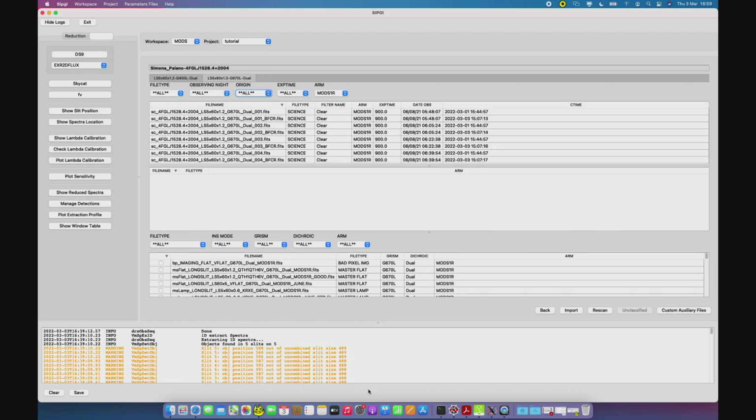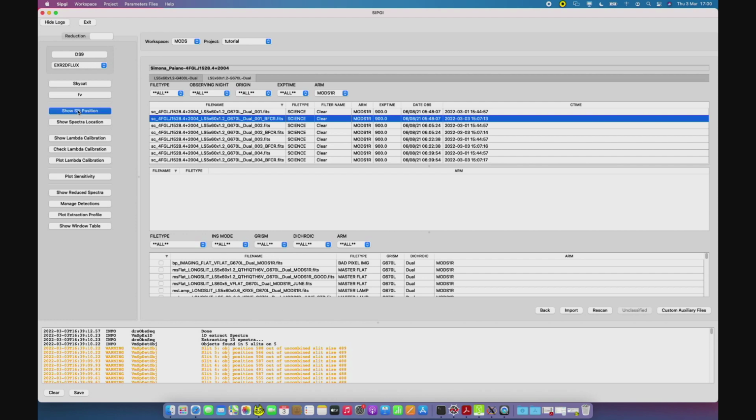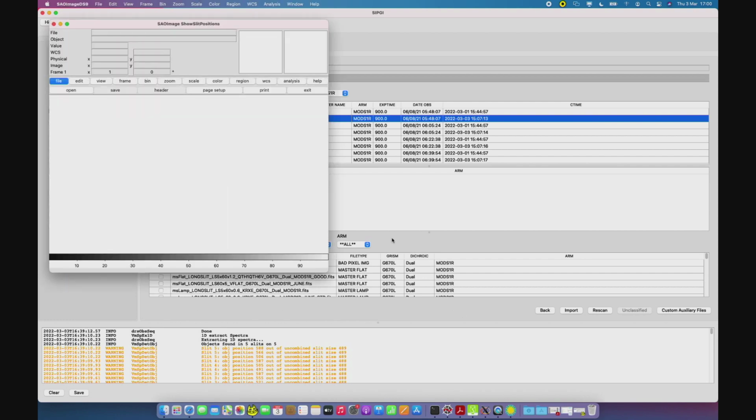Since we are working with MODS data that are acquired with a slit that is actually composed of 5 different slits, I can show you how SIPG packs 2D spectra of different slits in the reduced file. If I open the reduced file with the tool called Show Slit Position,